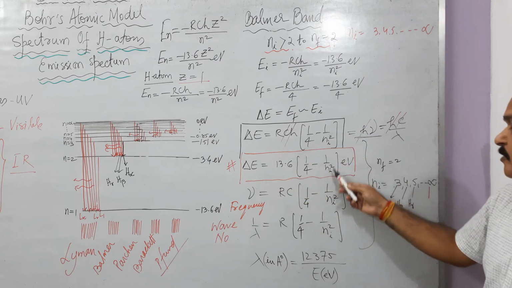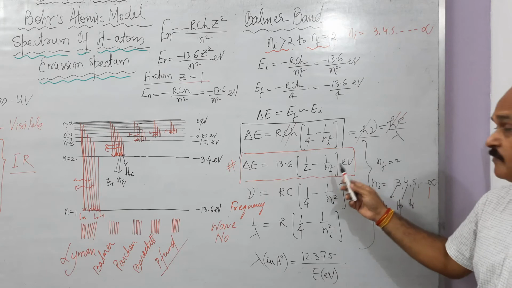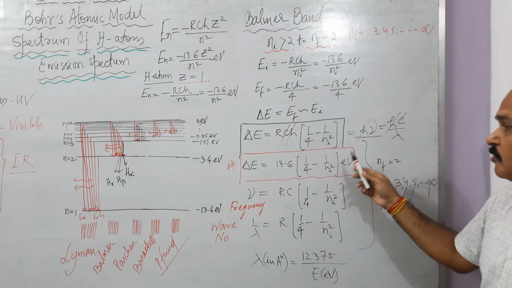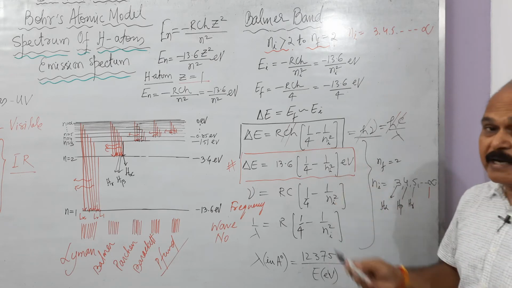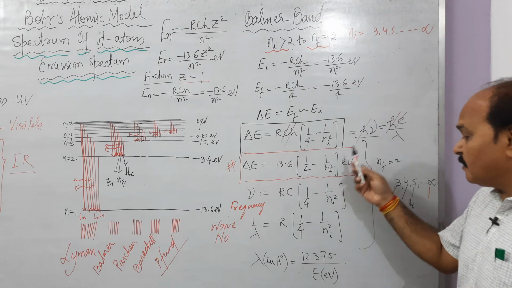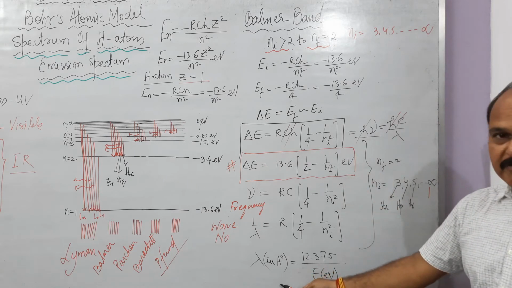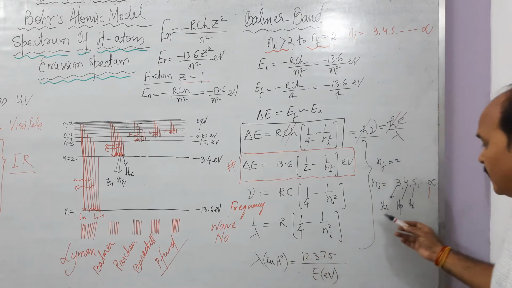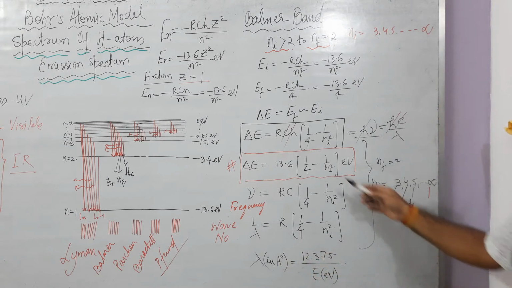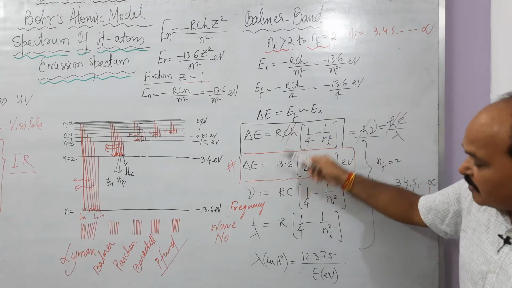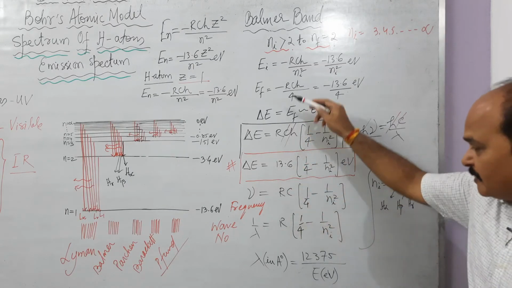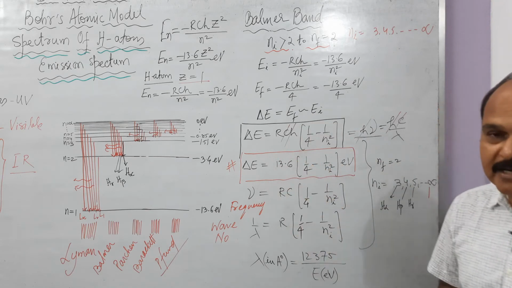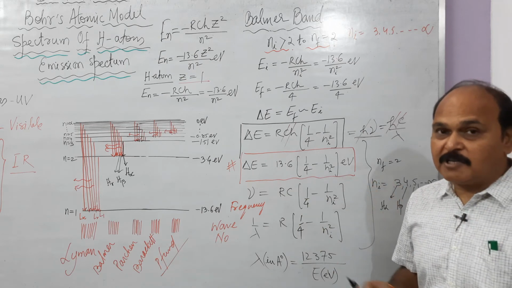Or you can find out the energy from here. 1 upon 4 minus 1 upon 3 square is 1 upon 9, that is the H alpha photon. 13.6 times 1 upon 4 minus 1 upon 9, solve it, and we get 1.9 electron volt. That 1.9 electron volt can be converted into wavelength with the help of this formula. Very quickly you can convert using this relation. So for every Balmer line you can find out energy, frequency, wave number, wavelength using these results. Don't cram these results, just try to understand how these results are written so that you are able to recollect them as and when required in your exam.